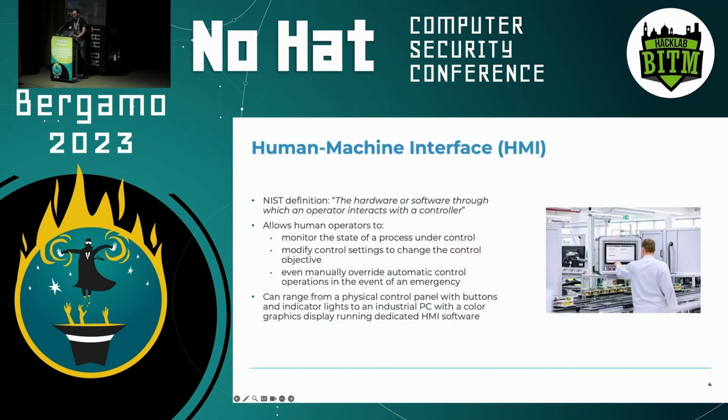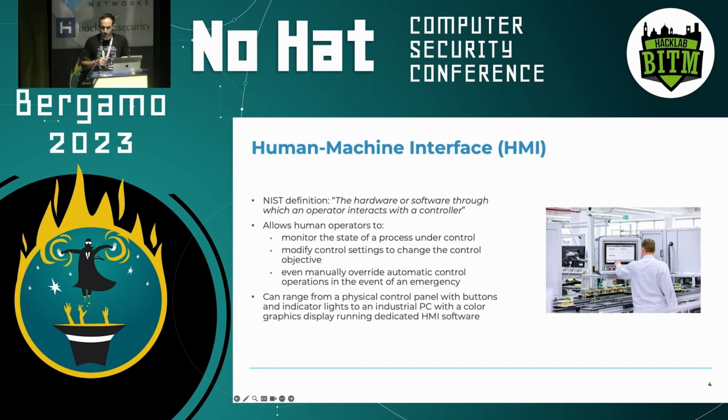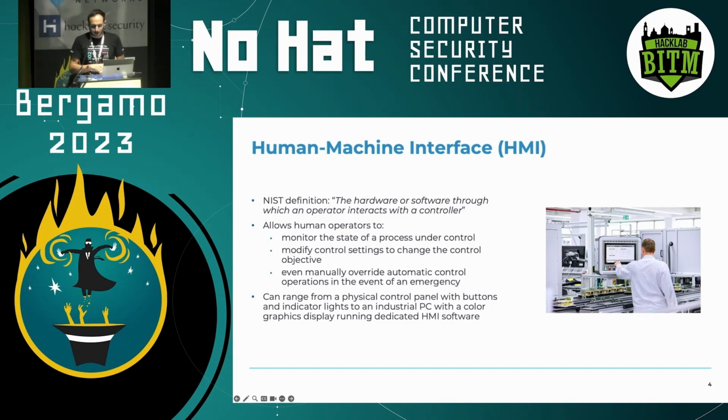What is exactly a human-machine interface? This is a term that is well known to OT professionals, but may be obscure to some of you. According to the NIST, it's the hardware or software through which an operator interacts with a controller. It basically allows you to do two things: monitor a process and control it. It can range from a physical control panel with buttons and knobs, etc., to a fully-fledged industrial computer running some